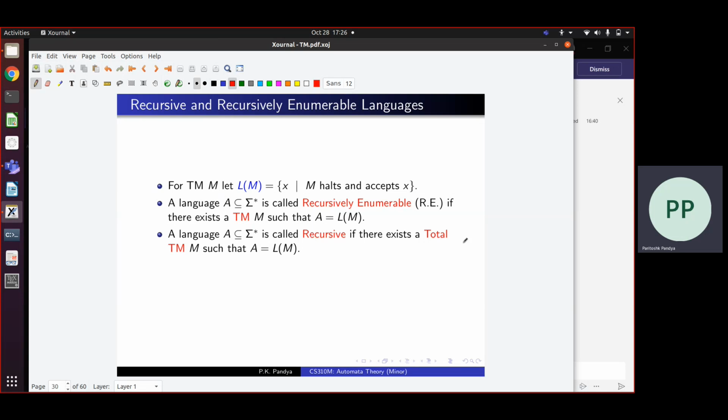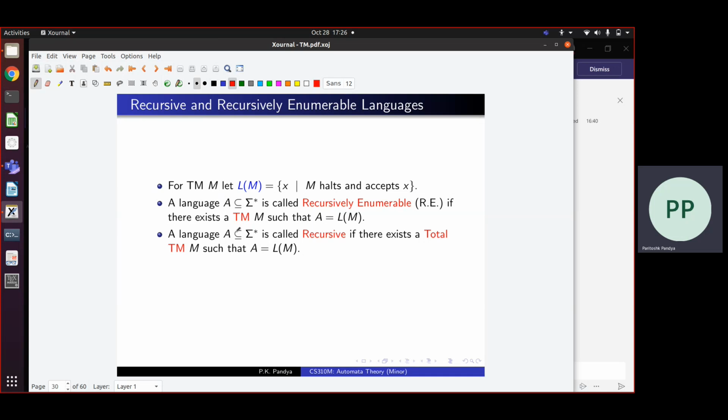So this is like an algorithm. You give it a problem to determine whether a word is in A or not. You start that Turing machine with input X, and it will accept if the word is in the language, and it will reject if the word is not in the language. So then it is said to be a Turing machine for the language A. That is, a Turing machine recognizing language A, right?